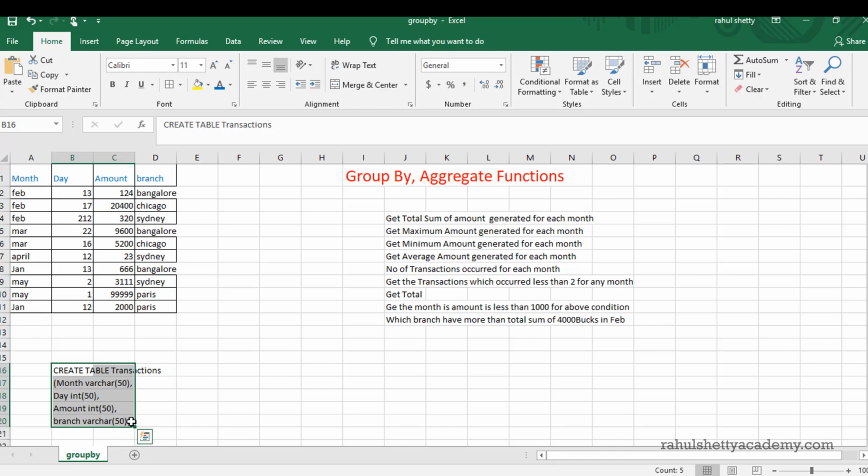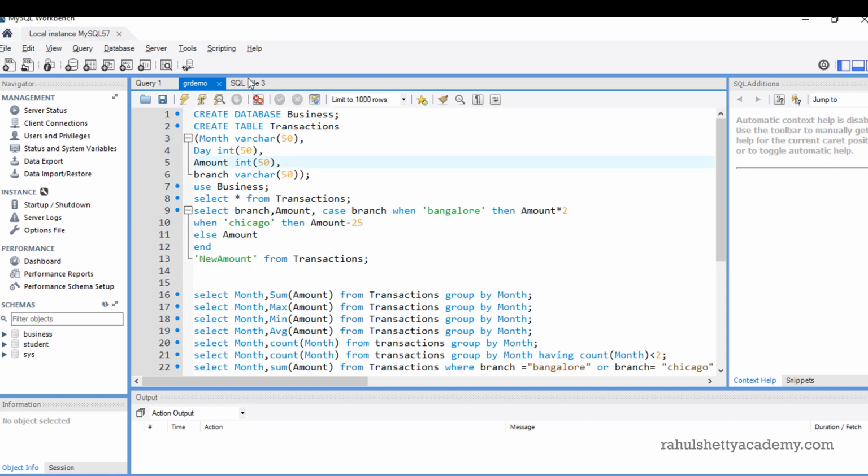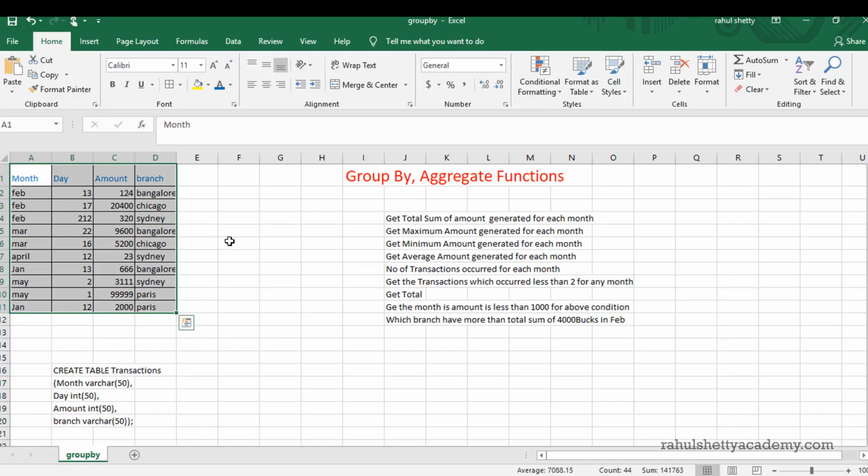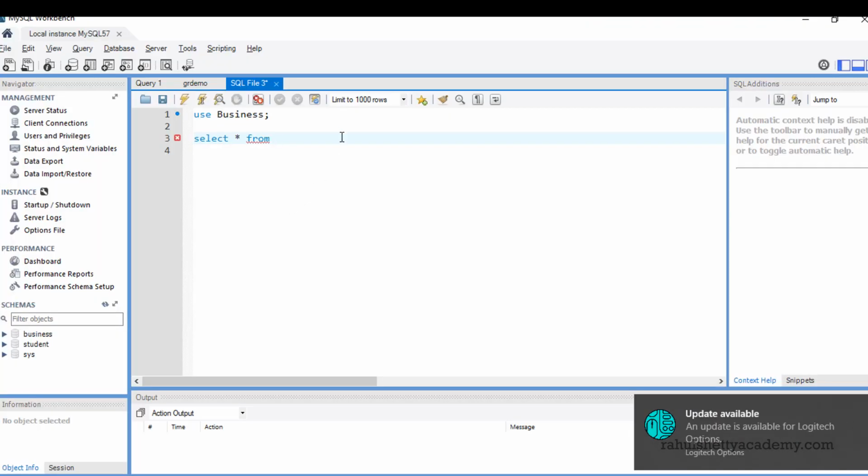Okay, so the table creation syntax is available with this lecture, so you can take this and start practicing with me parallelly. I have created one table and this is how my table looks in the database. Currently these are the values it got stored. So let me quickly show that. I'll be using the database called business. Thereafter, select star from transactions, which is the table.